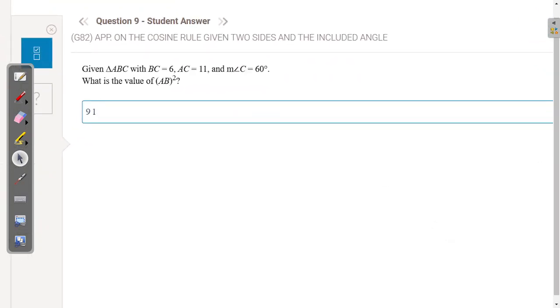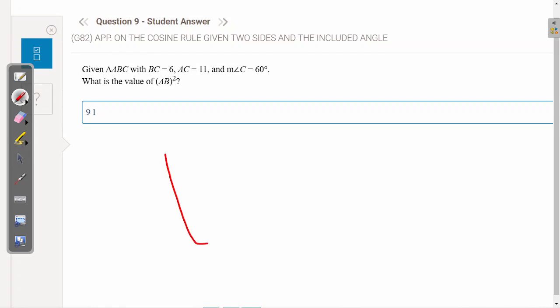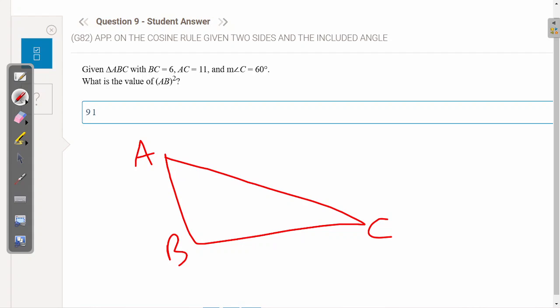Okay, given triangle ABC with BC = 6, AC = 11 and angle C = 60. For these you have to draw it or else you can't see. A, B, C. Okay, if you have one angle and two sides, I mean like have the angle opposite to a side, and you have two other sides, you can use the